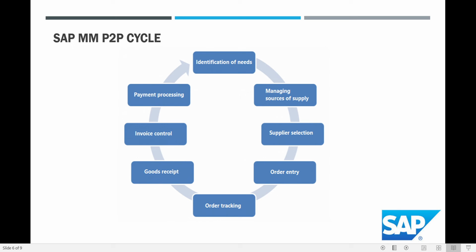For that he needs raw materials such as a water bottle which is not filled. Along with that he needs bottle caps. He needs the packaging such as corrugated boxes, the plastic packaging that comes in for the branding and labeling, and a lot of other things which could be there.